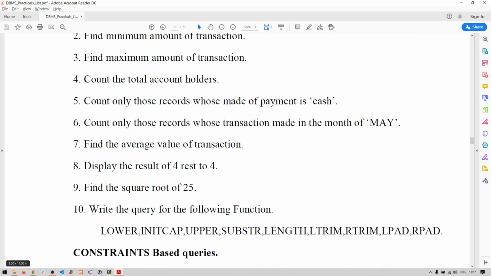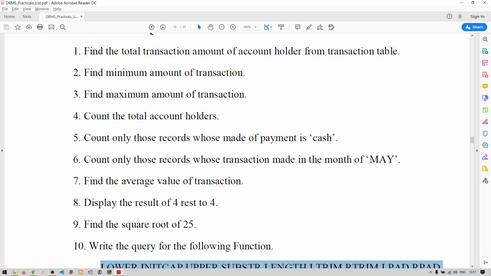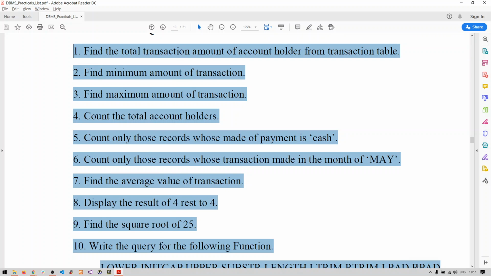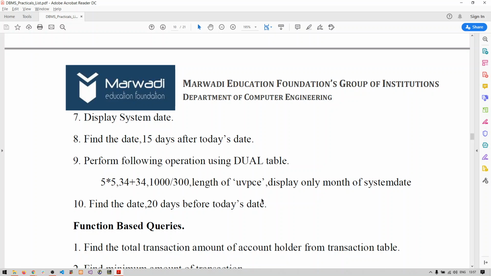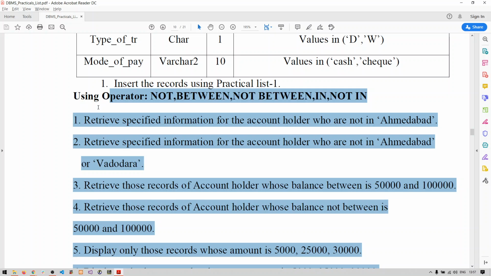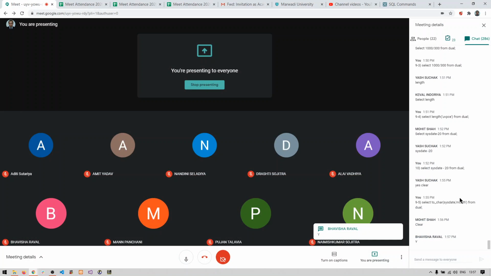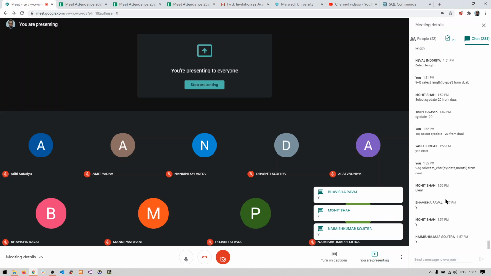Right? So here the question is: write the query for the following. You can use my PPT and write down the answer directly for this. I will be sharing the PPT with you today in your email, not on e-content. So just check after 4 p.m. whether you got the PPT or not. Try to use all these functions and find out the answers. So these 10 and these 10 queries you have to complete before the next lab. Am I clear with everyone? 20 queries to be completed. Is this clear with everyone?